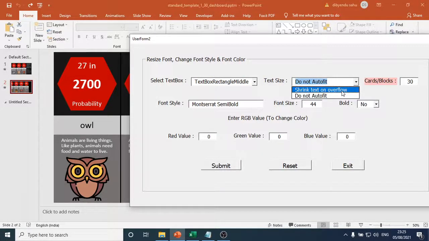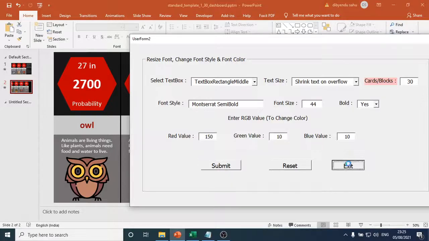Bold, you can make it bold or normal. Color, this is black, that's why it is all 0. If I want to make it reddish, red 255, green 10, blue 10. Now if I hit the submit button, the color will change from black to reddish.